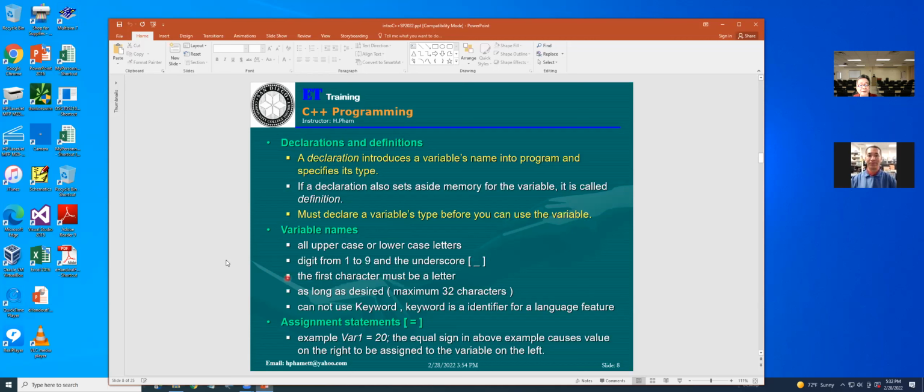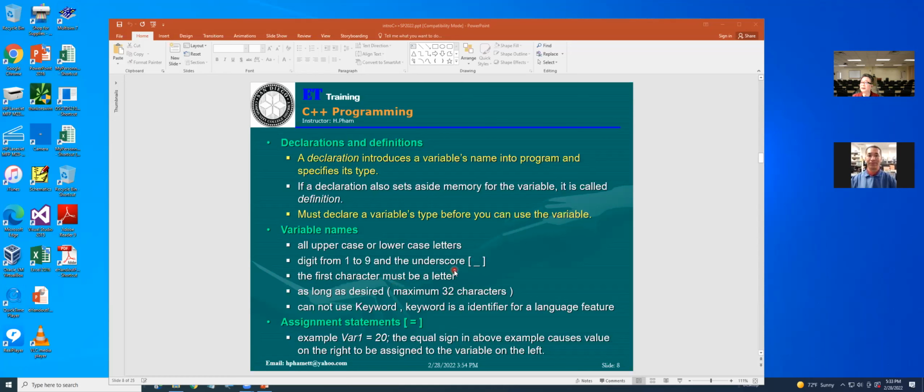Okay. Now, variable names can use uppercase and lowercase letters, no big deal. It's like when you log in to your email and they ask for your username, it's the same thing here. Username can use uppercase, lowercase, no big deal, digits from 0 to 9 and the underscore. The first character must be a letter.